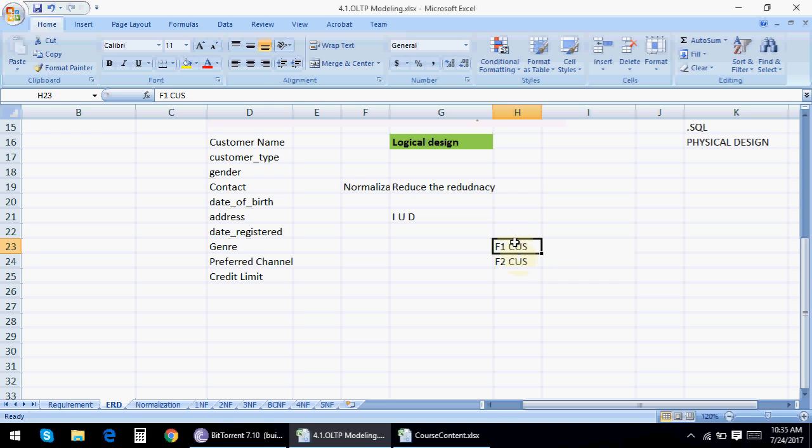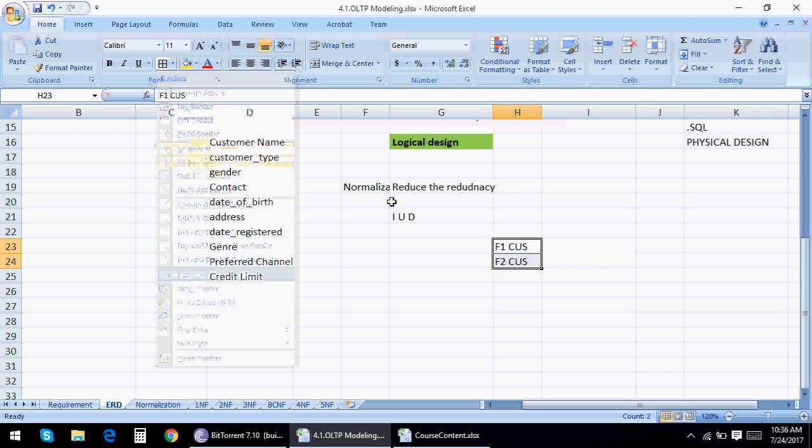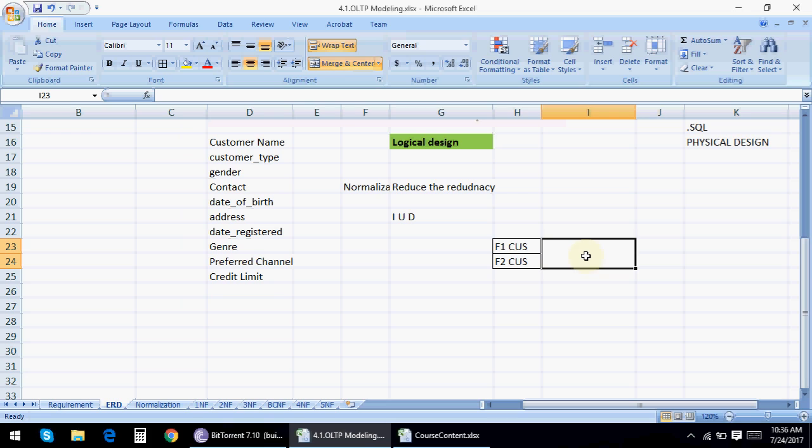So whenever you do an insert in f1, you should be doing an insert in f2 as well. When you do an update in file 1, you should also do an update on f2, and whenever you are doing a delete on file 1, you have to do a delete on file 2 as well. So you are actually burdening the user and also the technical person by means of this file system database. So the next generation databases started addressing these problems by means of the RDBMS rules and normalization